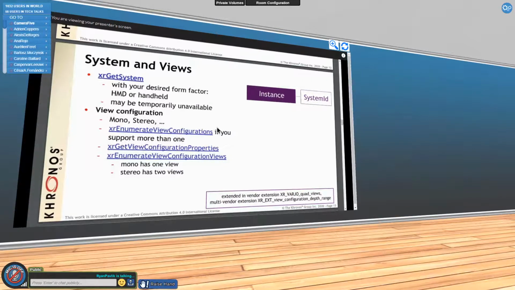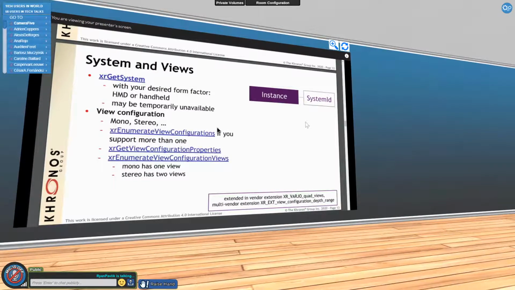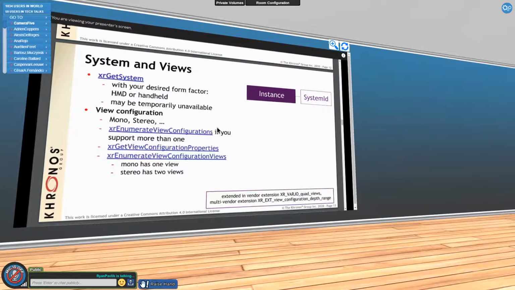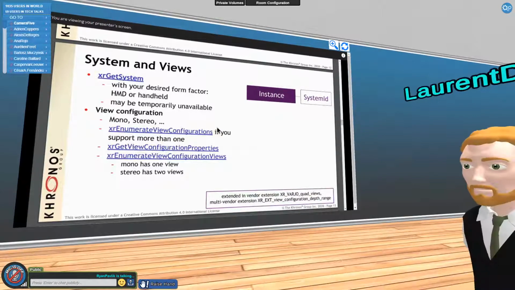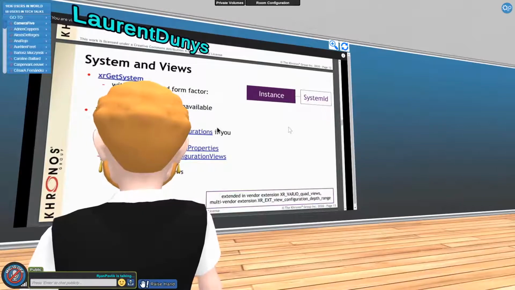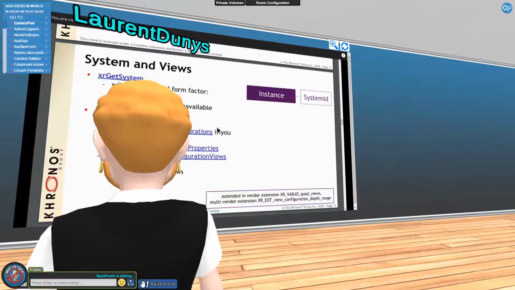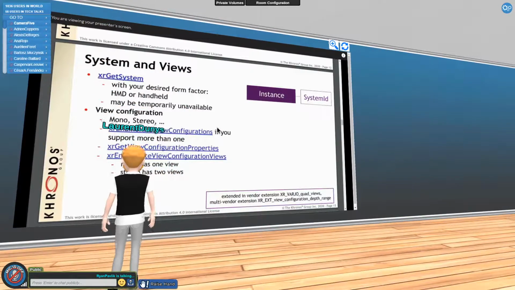So once you have an instance, you then need to get a system and views. I alluded before to form factor. At 1.0 release, OpenXR natively supports two basic form factors. These are head-mounted displays and handheld magic window style augmented reality. You can ask for the one that you want because you'll be designed for one of those,